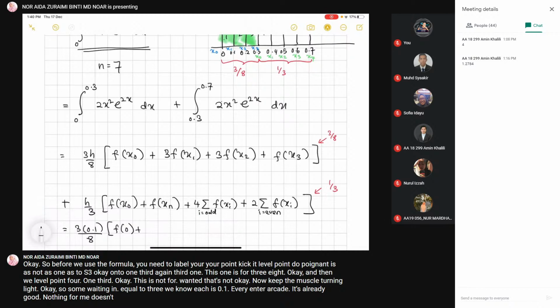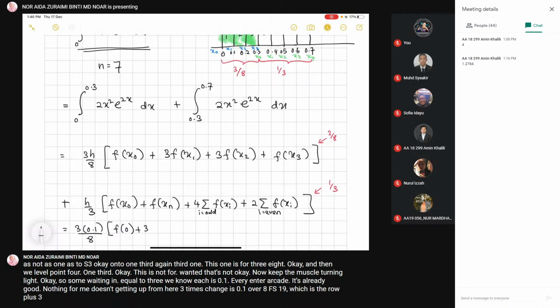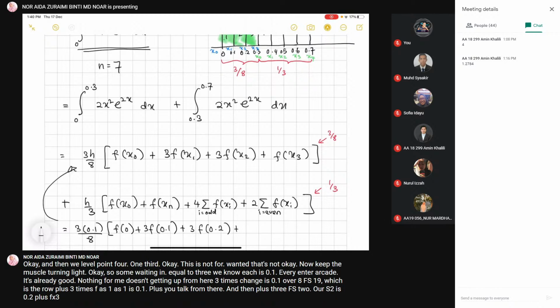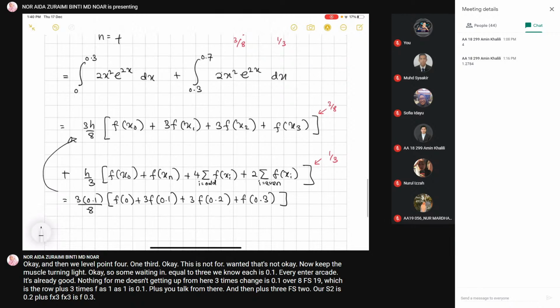Kita tengok formula yang atasnya untuk 3/8. 3 times h is 0.1 over 8. f(x0), titik yang pertama, which is 0, plus 3 times f(x1). x1 is 0.1, you tengok formula yang atas ni, and then plus 3 f(x2), our x2 is 0.2, plus f(x3). f(x3) is f(0.3), okay, plus